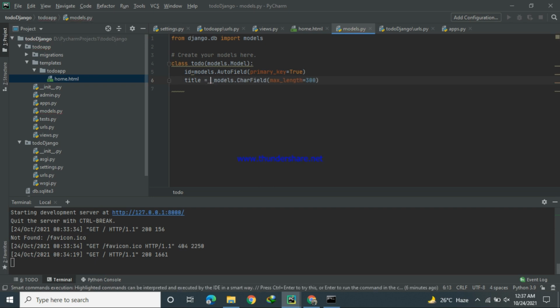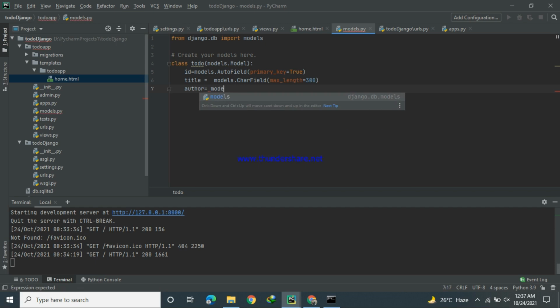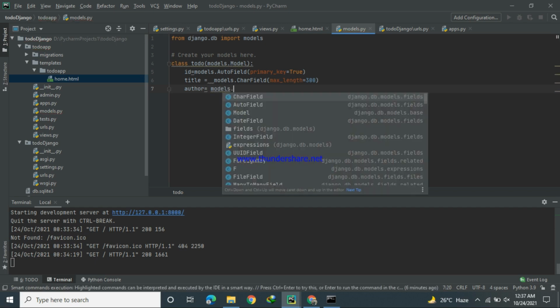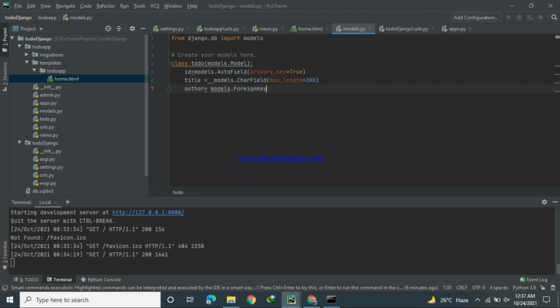Title is equal to this. Our author will write this Todo. Authors are our users, which will come from our user model.